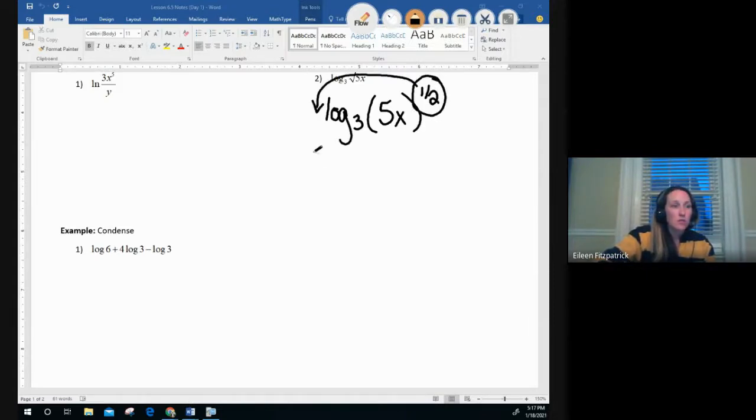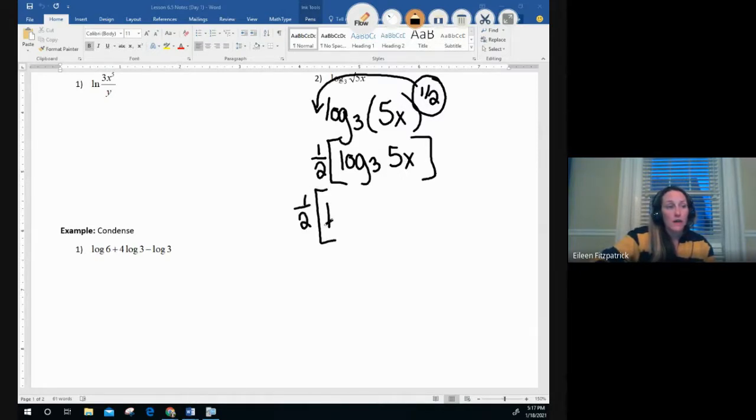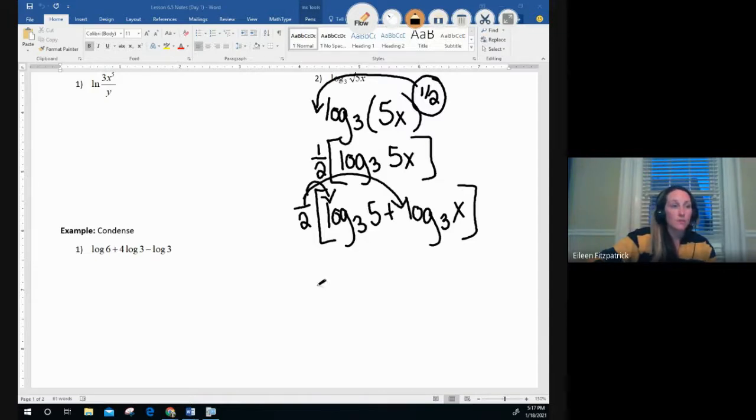But notice what I'm going to do. I'm going to write 1/2, and then I'm going to have some brackets and write log base 3 of 5x. Now, inside the brackets, I'm going to break apart the multiplication with addition. So I have 1/2, and then I'm going to have log base 3 of 5 plus log base 3 of x. Now, the reason the brackets, or you could have used parentheses, are important is because that 1/2 has to be distributed to both. So it will be 1/2 log base 3 of 5 plus 1/2 log base 3 of